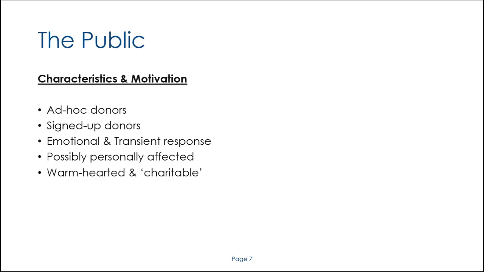Now, if you have people in that category, don't be afraid to ask them for an increase. So let's say somebody's had a standing order or direct debit with you for a number of years. It's perfectly acceptable to write to them, and I hope you're doing this all the time, to give them regular news about the charity, but it's perfectly acceptable to write to them and remind them that costs have gone up and ask them if they'd kindly give you a small increase in their standing order or their direct debit. And that's a good way of generating a step income and increase from public donors.